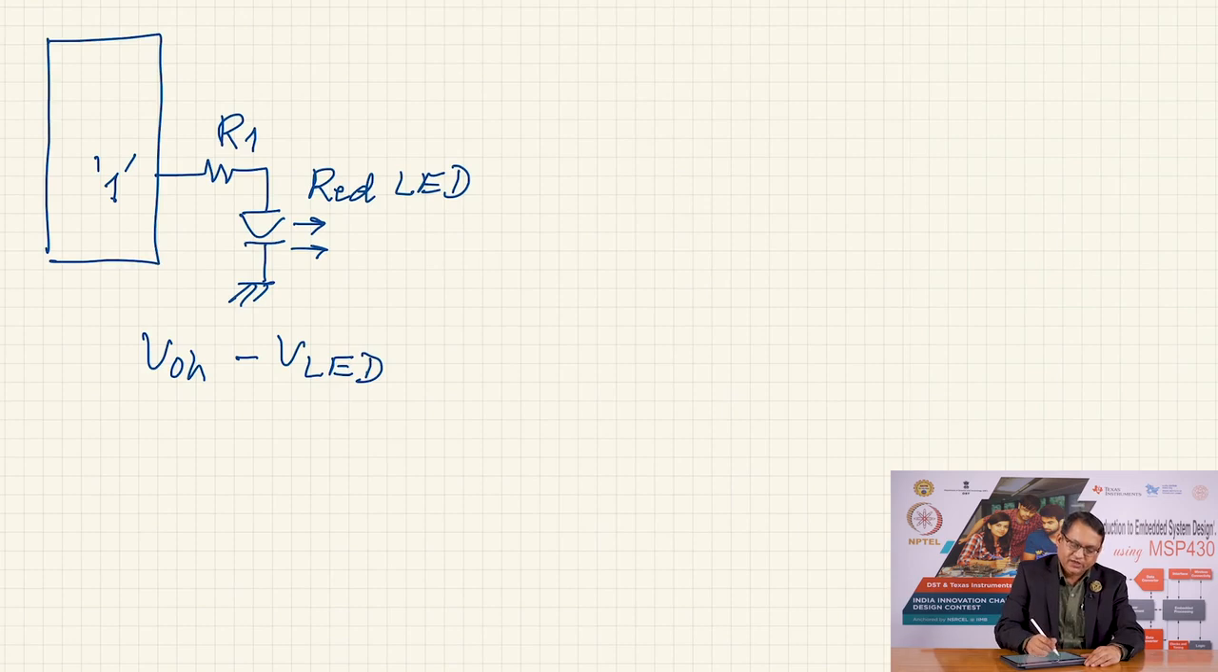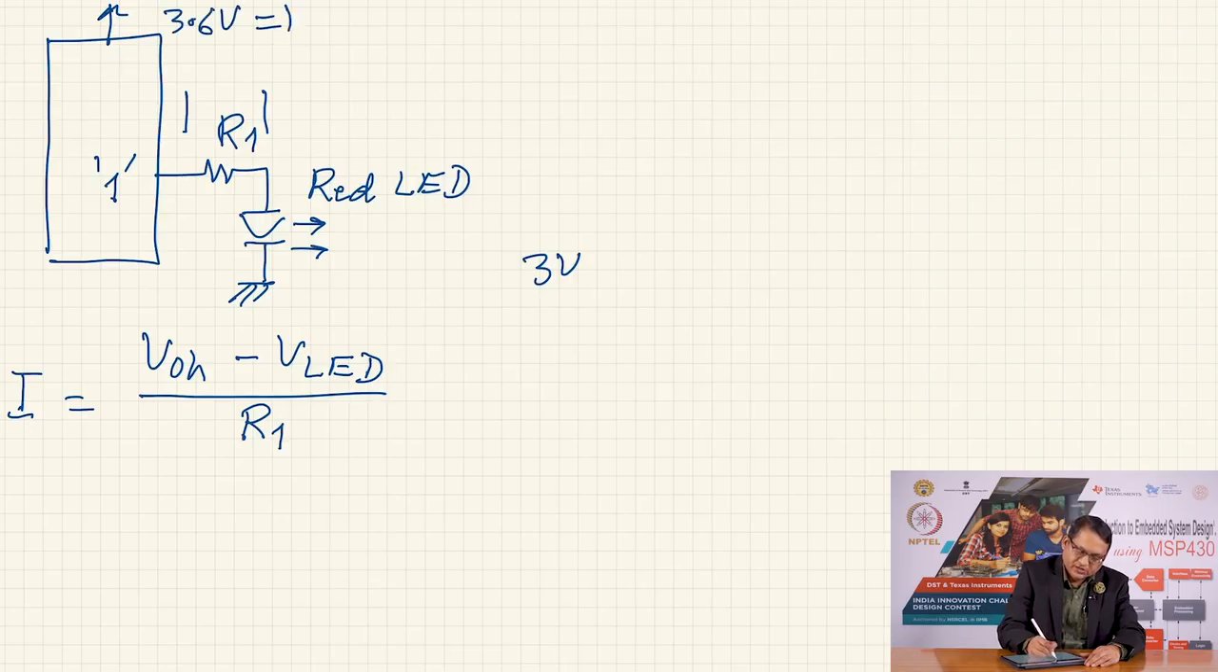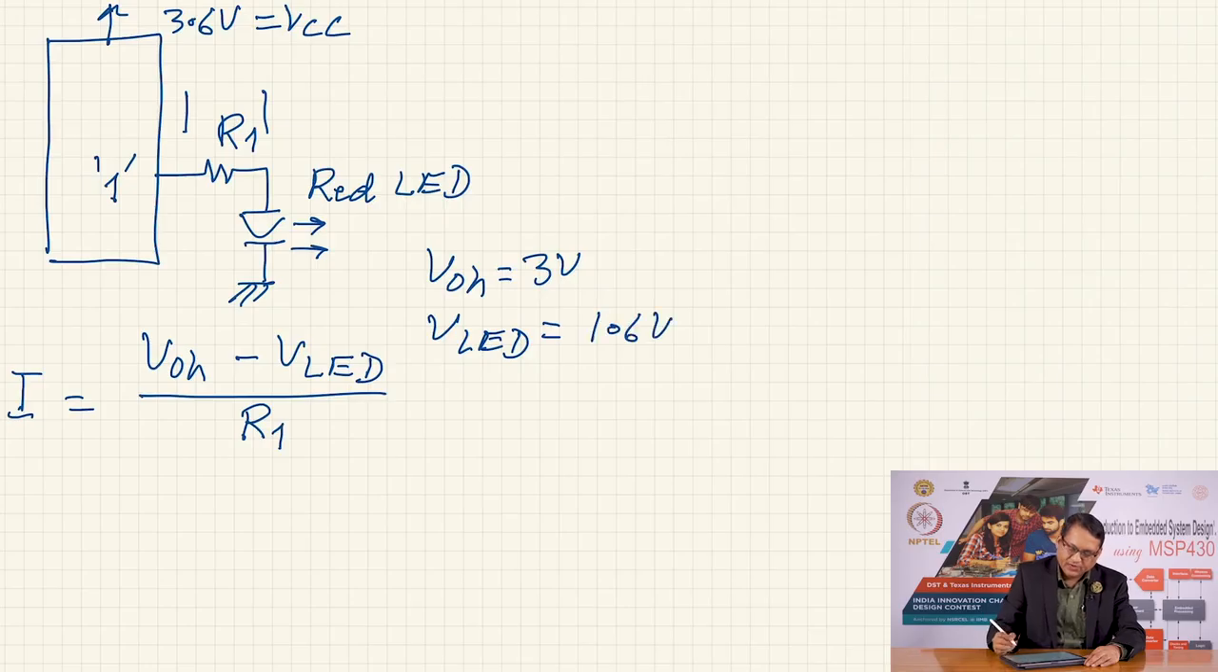You can find out from the data sheet what is the voltage drop across a red LED. This difference is the voltage across R1, and therefore the current through this will be I = (VOH - VLED) / R1. Now suppose you want 5 milliamperes of current. Let us take some numbers. Let us say VOH is 3 volt, if your VCC is say 3.6 volts, this is equal to VCC, and let us say VOH is equal to 3 volt. The exact value you should find out from the data sheet. Let us also assume that VLED for a red LED is say 1.6 volts, and